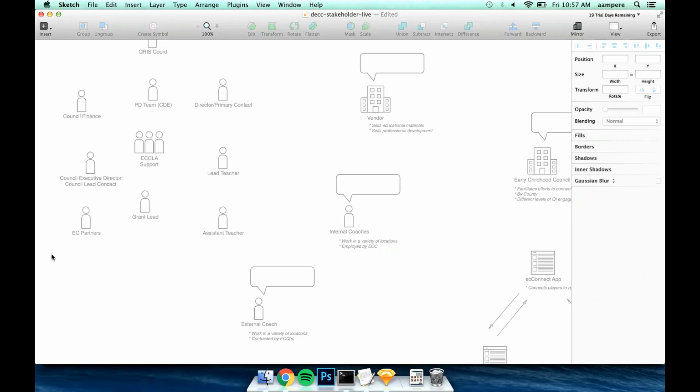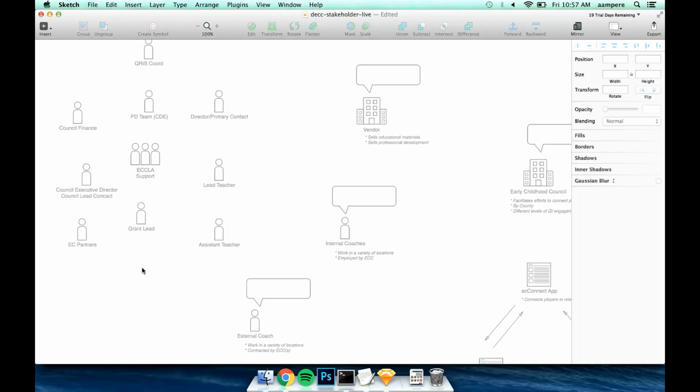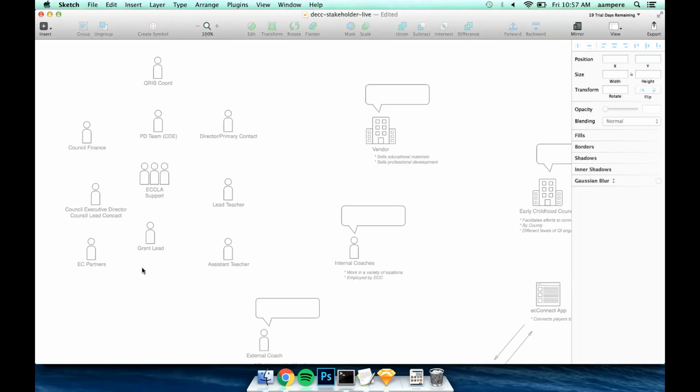I think most of ours are the directors, and they have one person that is listed as their main contact for each of the sites. Okay. Great. And if you think of anyone as we're going along here, we can obviously keep adding. There's no limit. Let's start trying to cluster these a little bit.